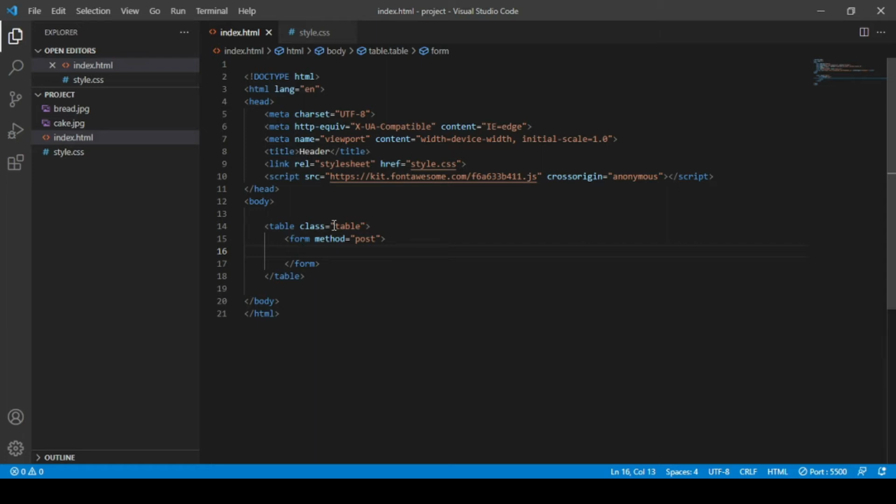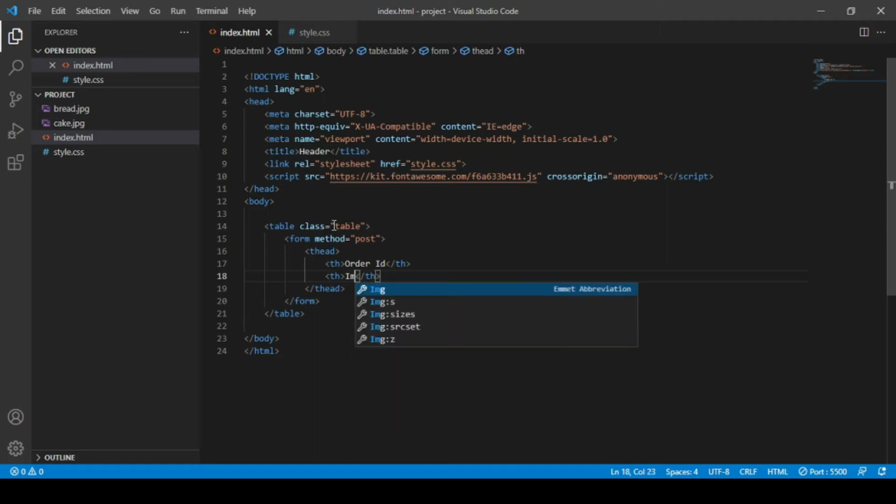Inside the form, let us create a t-head of a table. Inside t-head, let us add th and type any. We will write RID so it can be displayed on the screen. And we will add many more, such as image. We will add for image, product name,